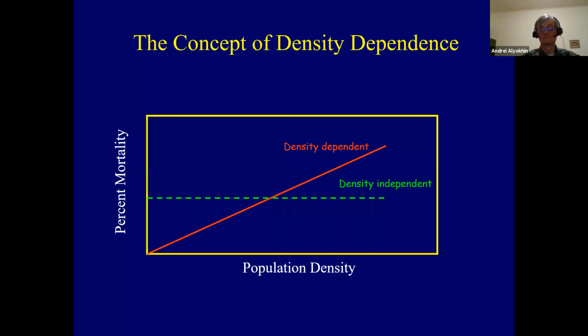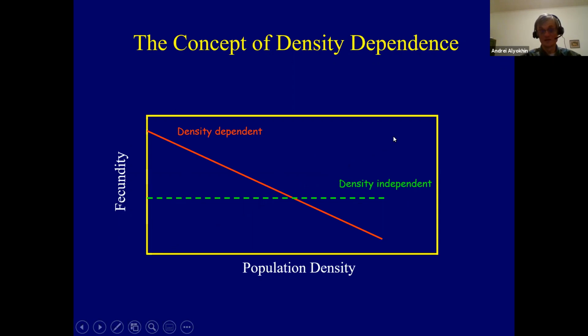They become more dense, there is more competition. It's easier for natural enemies to get there. It's easier to transmit disease and so on. So while with density independence, whatever density is, mortality is similar. Here it goes up. Sometimes it can be inverse density dependence when higher populations actually have,